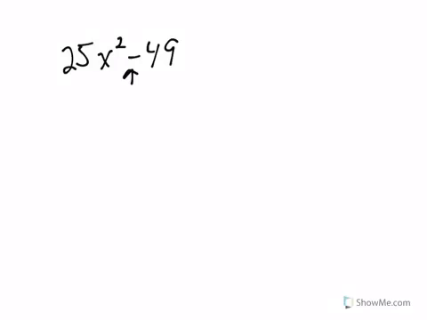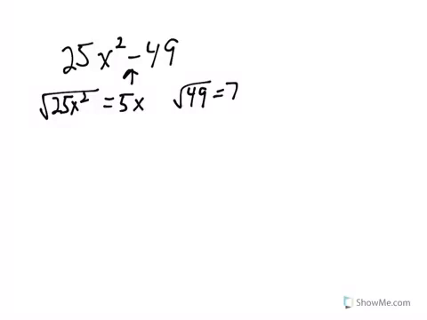So the way that we do this is we take the square root of the first term. The square root of 25 is 5, and the square root of x squared is x. And then we take the square root of the second term, which is 7. So from there we create two binomials,